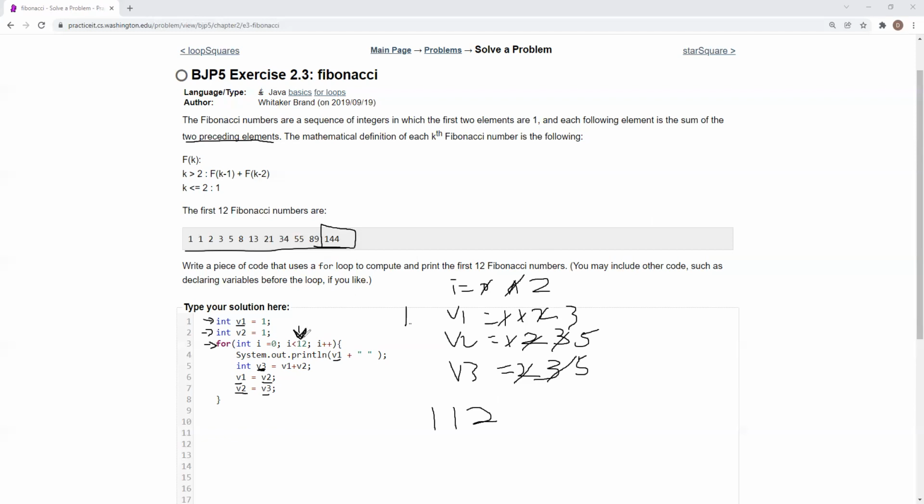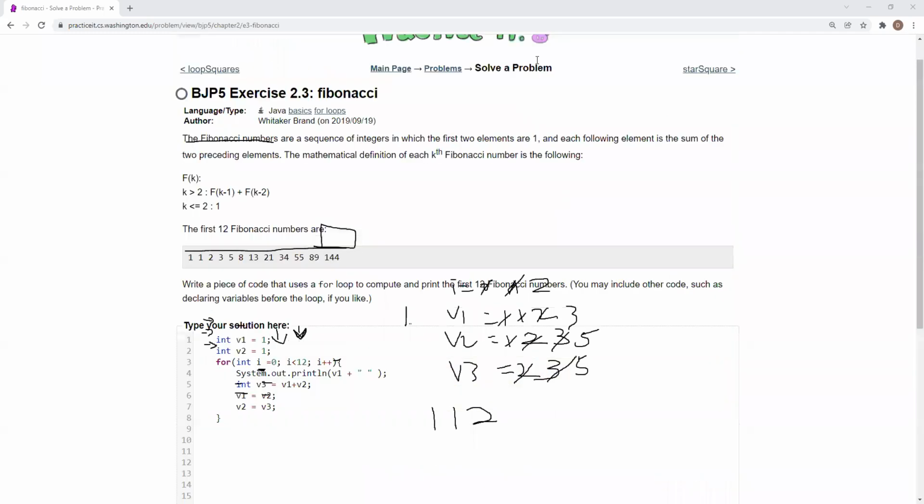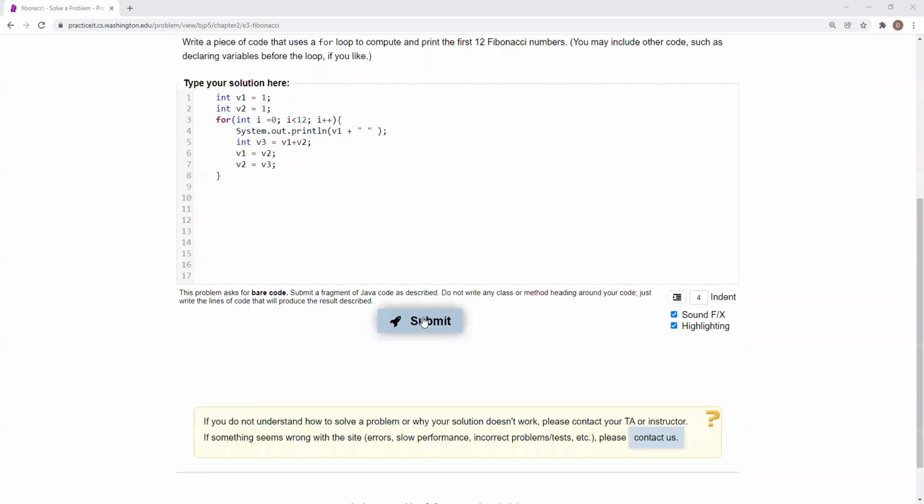because that is how much i is going up to. And after it reaches 11, which means that it would have repeated 12 times because you start at 0, the for loop will break. Yeah, then that is basically the whole code. And if I clear all the drawings and submit,